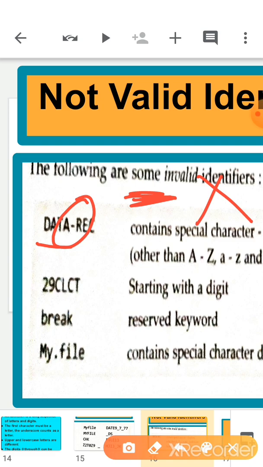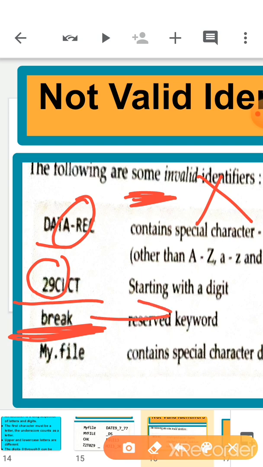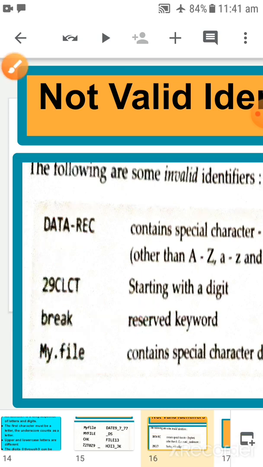Now this identifier name starts with a digit, so this is also not allowed. Now break is a keyword. The meaning of break is already inside the brain of Python, so we can't use break. Now my.file, again dot is a special character, we can't use this special character while making an identifier.